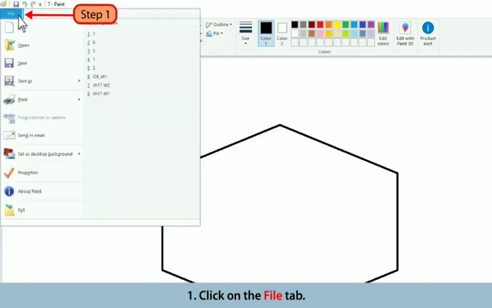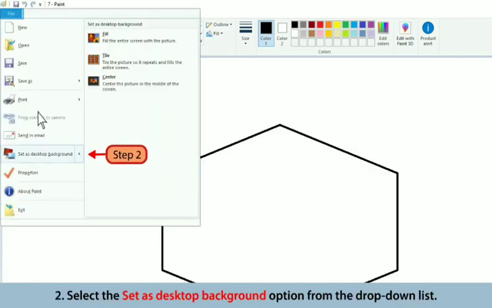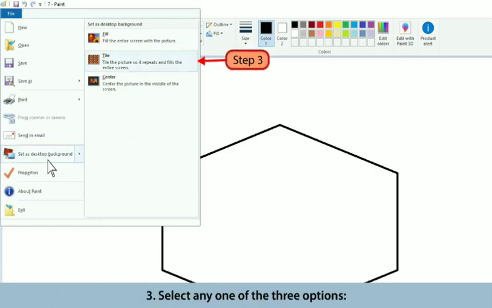So let's learn step number 1. Click on the File tab. The list will appear. Now we have to select Set as a background option from the list.